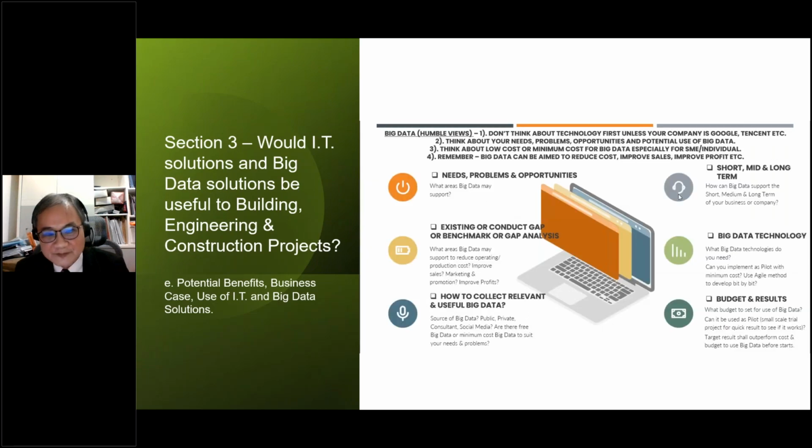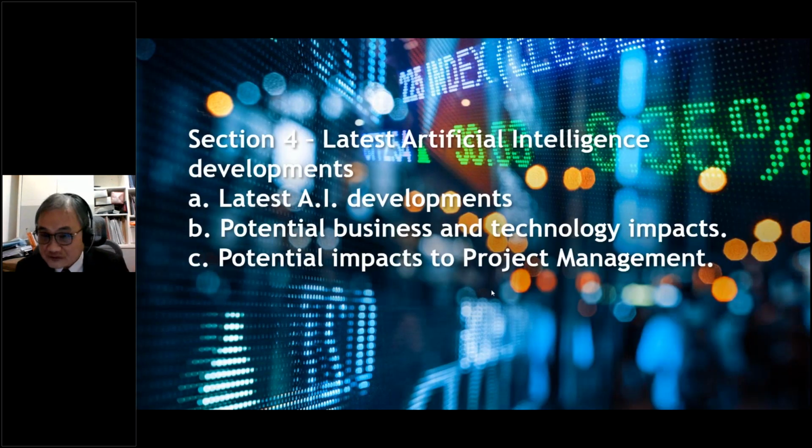And in terms of part 3, I would hope to use this slide to summarize the essential points, which are in these six items. Because of the time, we will go to the last two parts of the webinar.